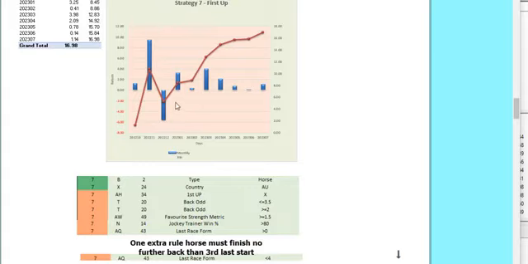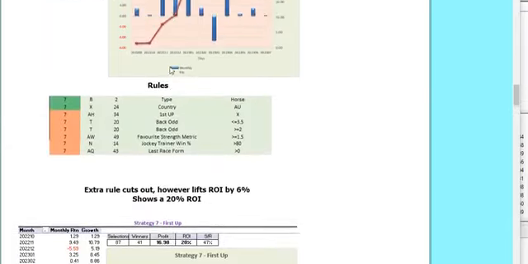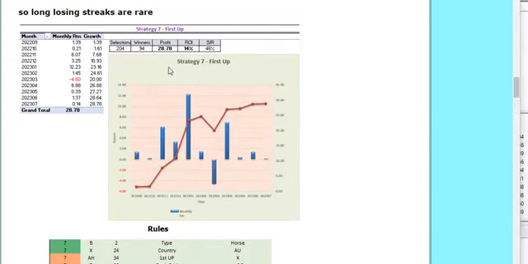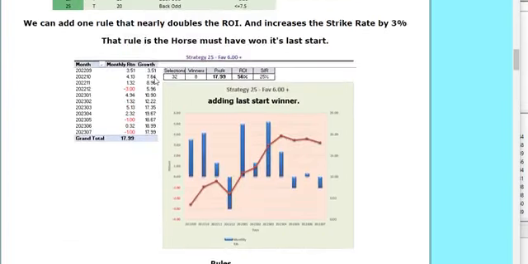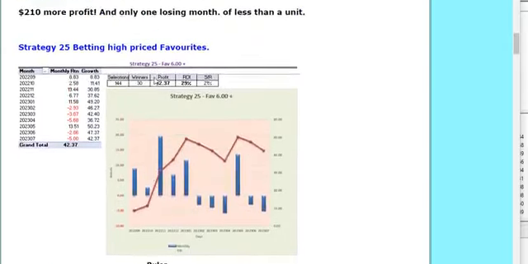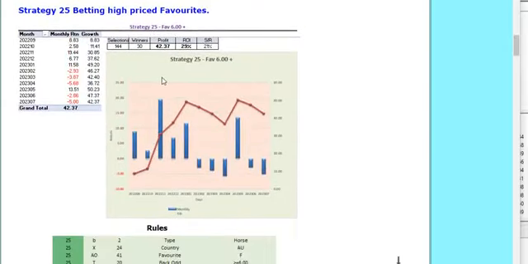So only one losing month so far. Not a lot of bets when you go into the refined versions, but the unrefined versions have plenty of bets. Depending if you want to make some money or you want entertainment, this bot will give you both. If we go up here, if we look at the maidens up here,